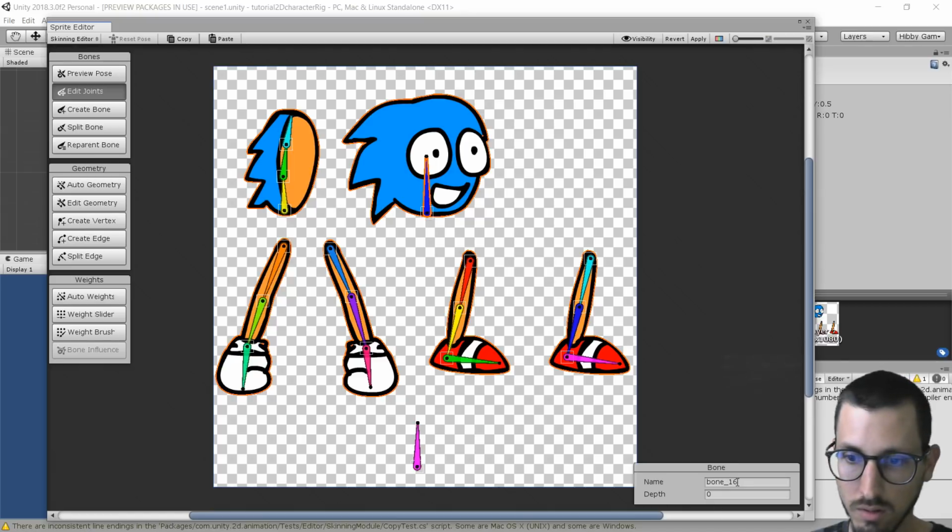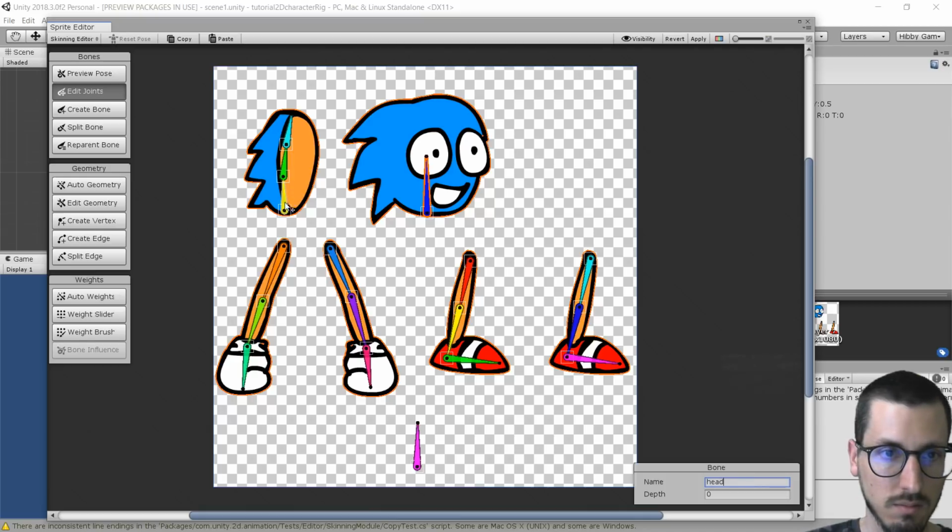So I'll select that one and call it head. I guess this one will be hip. And then back, chest. So this is his right arm, arm right, forearm right, hand right,